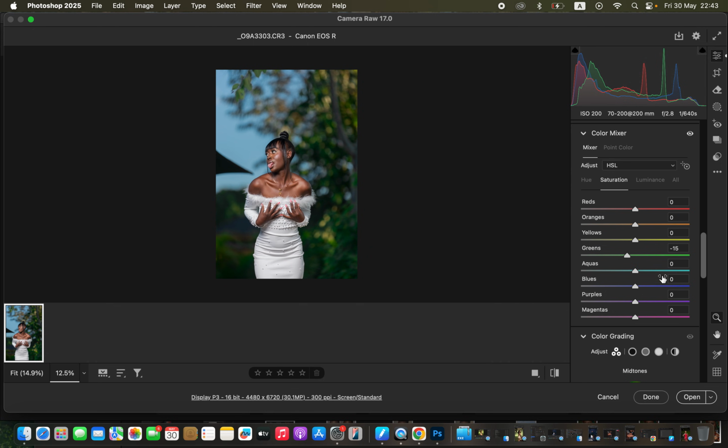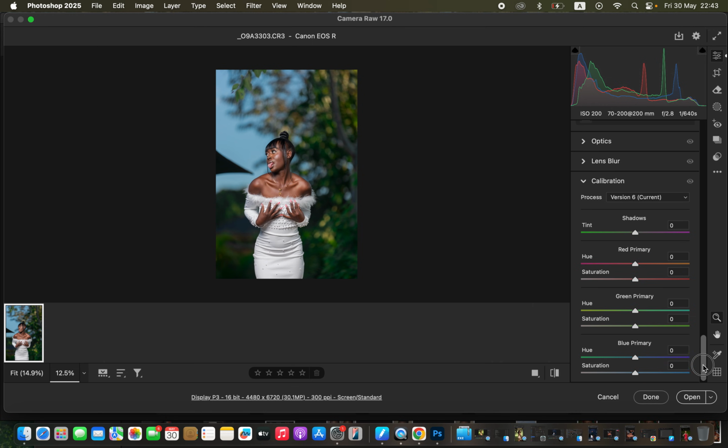So in order to make the image pop even more, I'll scroll down to my calibration panel and come to where you see saturation under blue primary, and I'll take it up just to make the image pop a little bit more. You can see before after. It is not really much, but it really makes a difference to this overall image. So after I've done the simple adjustments, I'll simply come and click on open in order to open the photo